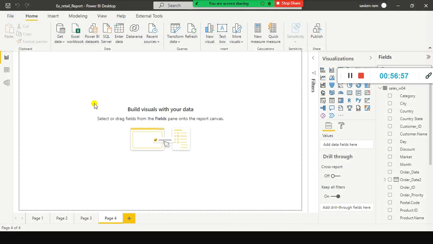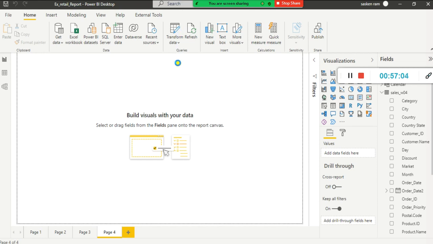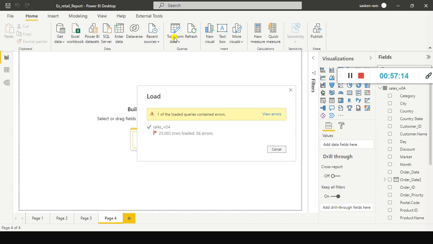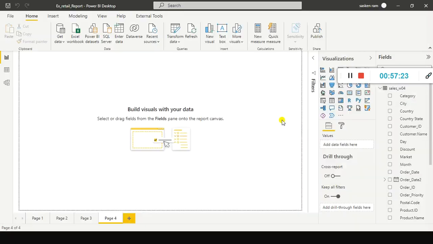I did not do any transformation this time. So next I just open it again one more time, transform data. Now this time it shows some error. You'll see, wow, that error. So it was not deleted permanently. That's the problem.